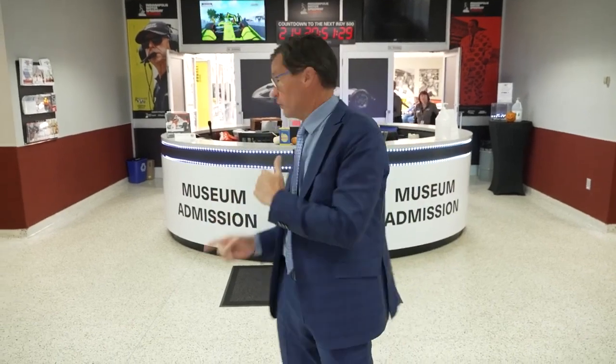Now that the racing season is over, we're going to try and give you some behind-the-scenes looks at the Speedway that you don't normally get to see. We're starting here at the Indianapolis Motor Speedway Museum. Next time you come in to see all our history, that is the race cars right here on the floor,